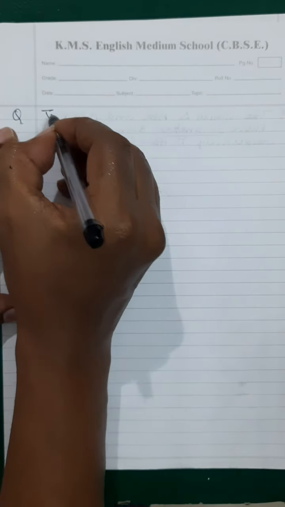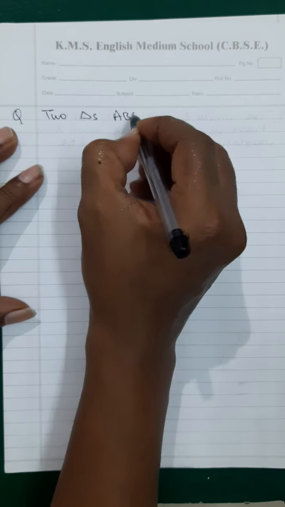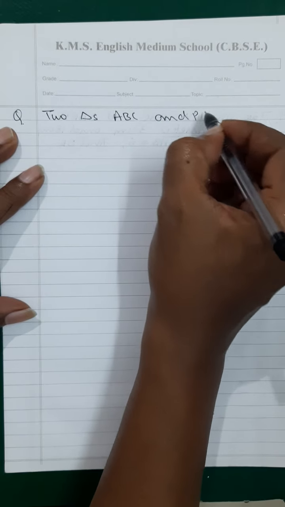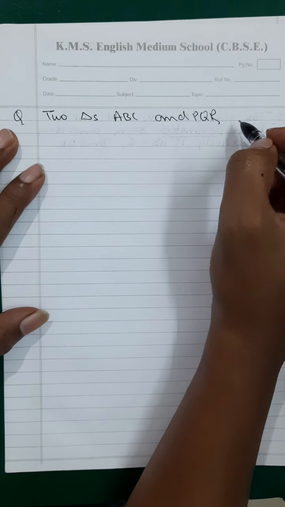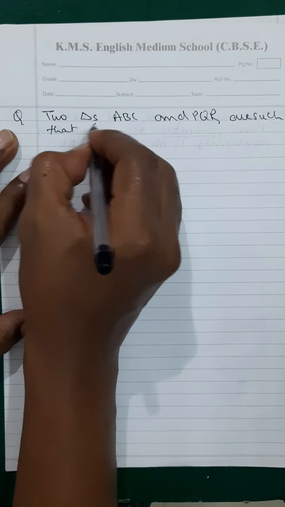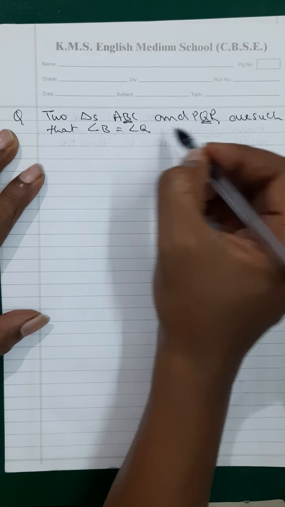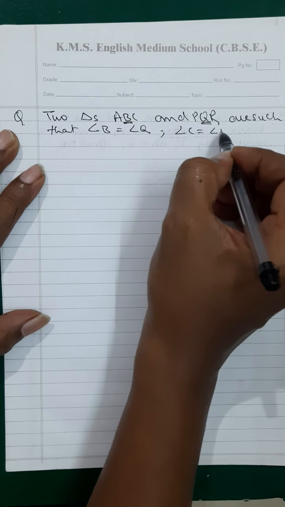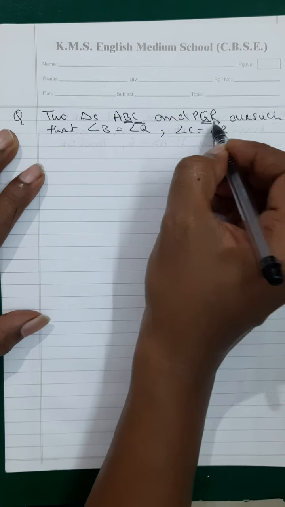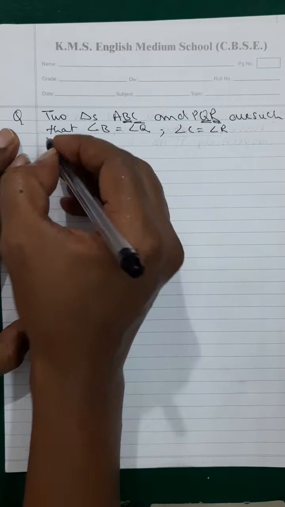Similarly, one more question of this type can be such that two triangles ABC and PQR are such that angle B is equal to angle Q. So angle B is equal to angle Q. Angle C is equal to angle R. So basically here they have not given you they are similar, but of course you can prove that they are similar. Then they are telling if